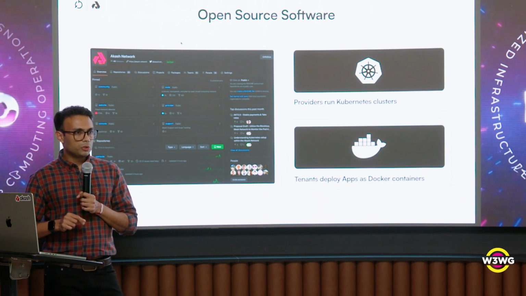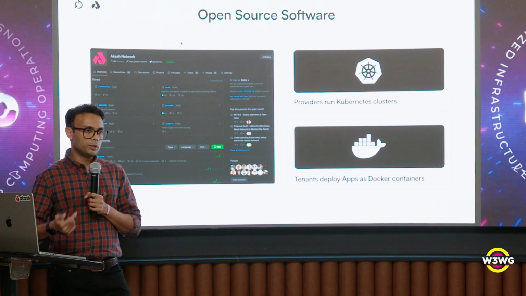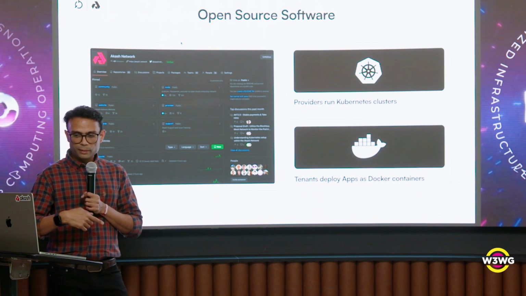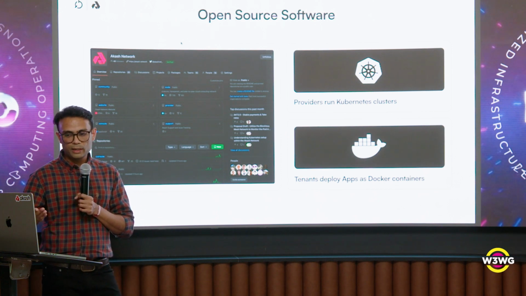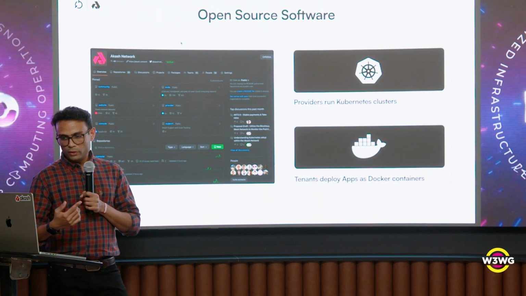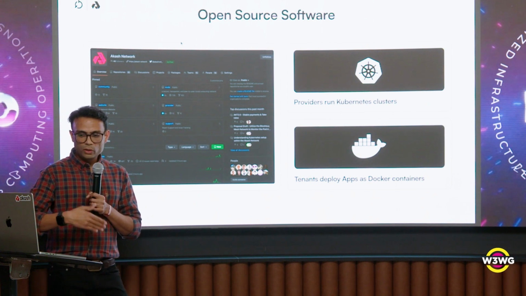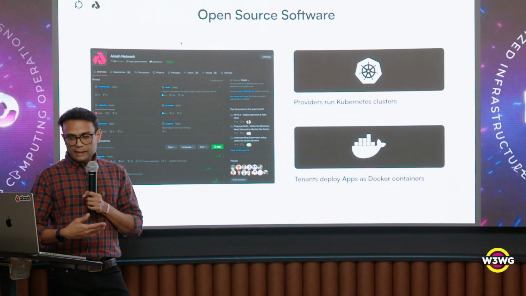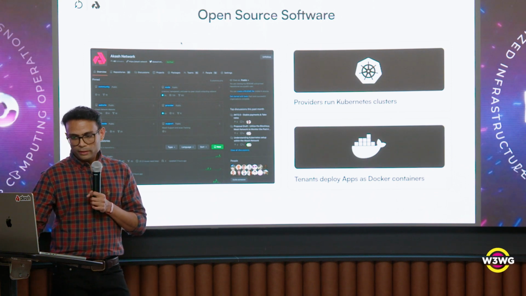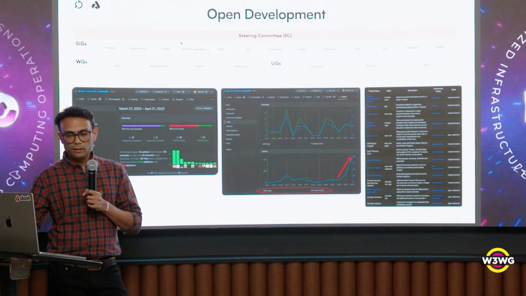Not only do we use open source software, but we turn around and make all of our software open source as well. On the left side of the screen is a screenshot of our GitHub repository. You can go to it at github/akash-network. There's a repository called the node repo, that's basically our client repo, the provider repo, and then console, which is our deployment tool. Last but not least, we also have a community repository, which is used for developing everything in the open.